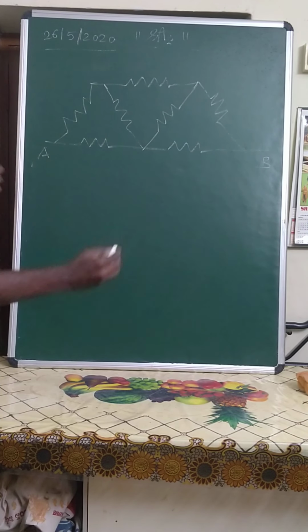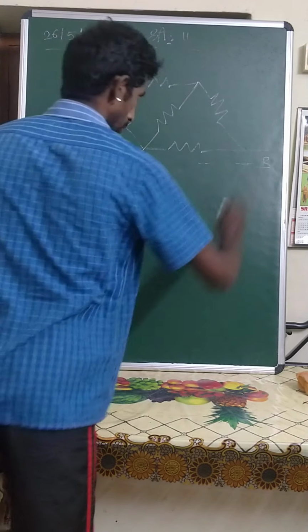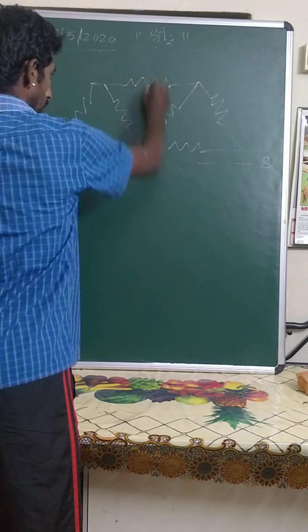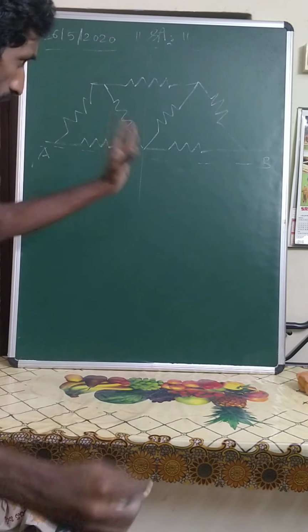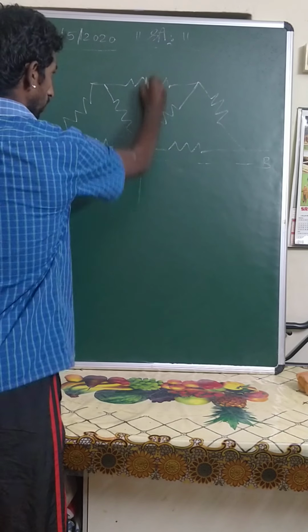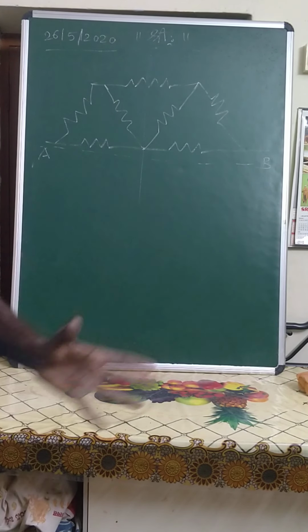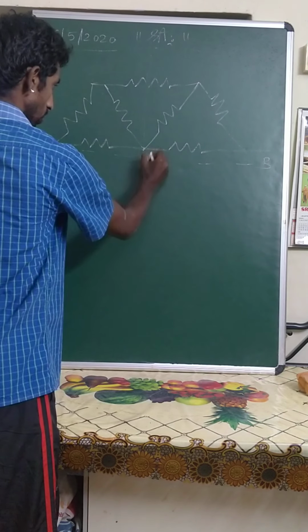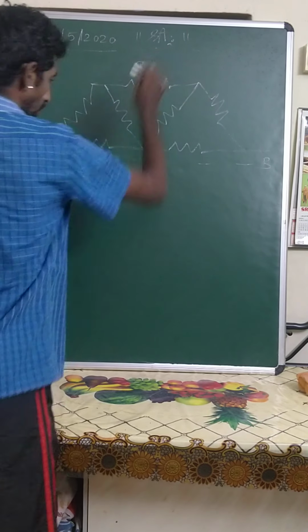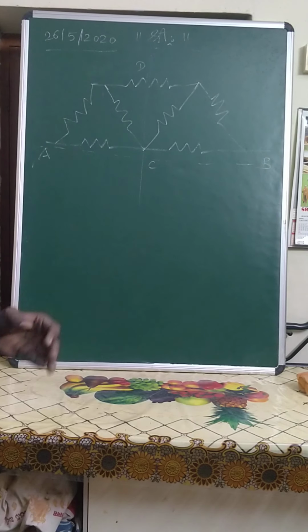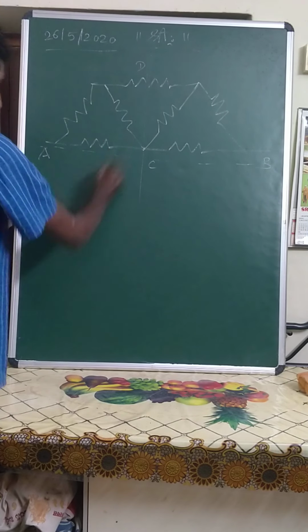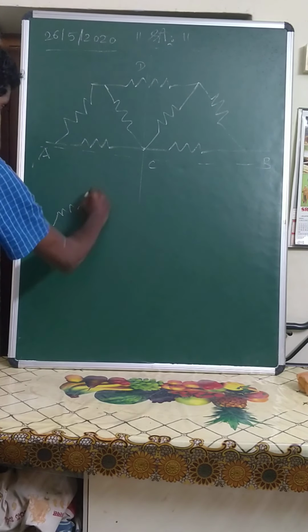We already informed that this is imaginary, consider it as an imaginary line. Bisect the line equally at the center. If you bisect at the center, all the points lying on the line will have the same potential. That idea we have considered. So we consider this point as C and this point as D for our convenience. It will have the same potential, so I can redraw the diagram like this.